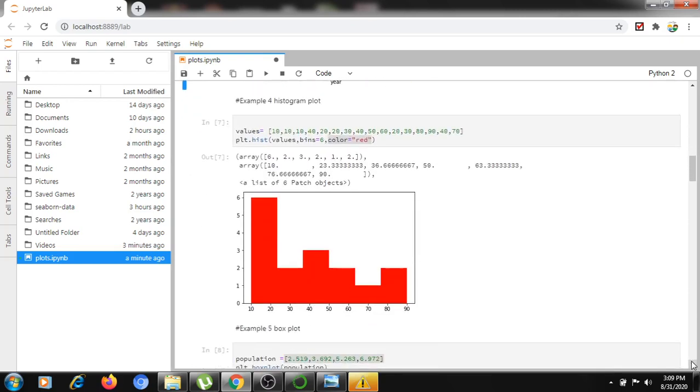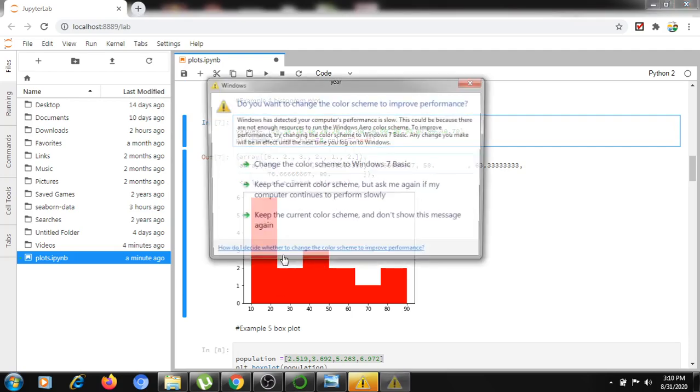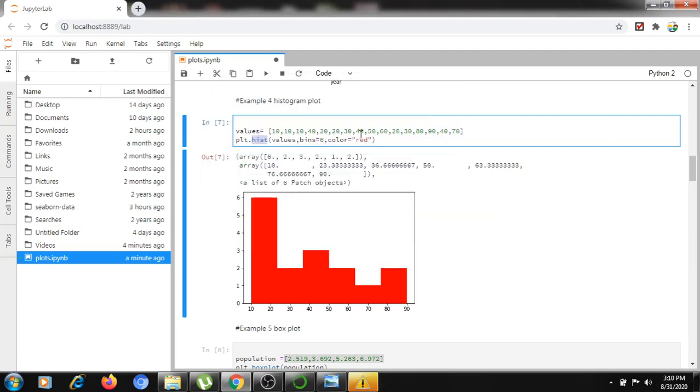A histogram is a different type of representation. For example, if 20 to 30 students got 20 percentage, and 10 to 20 students got 60 percentage, we can represent that using the histogram. This is plt.hist, where plt is my alias name. If you want to represent the histogram format, you have to use the command hist and pass the random values here.